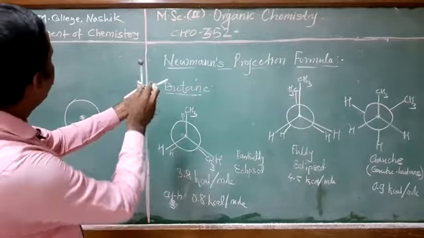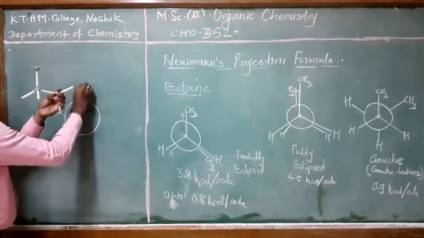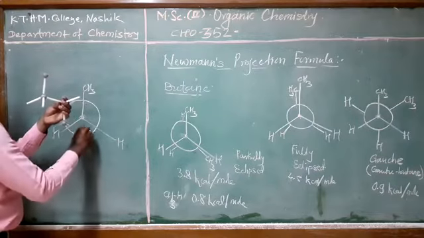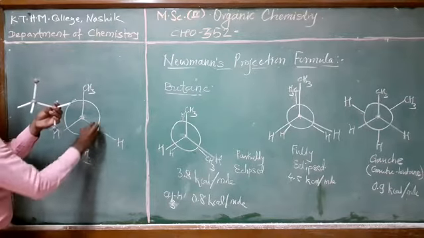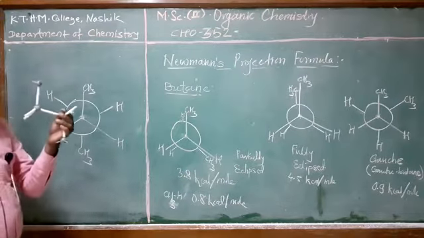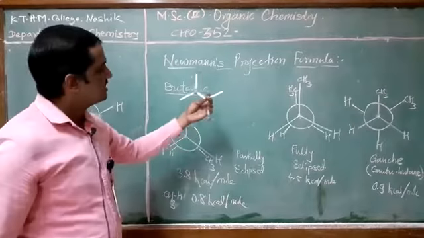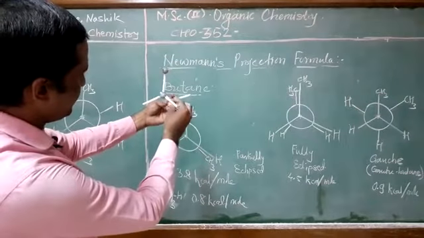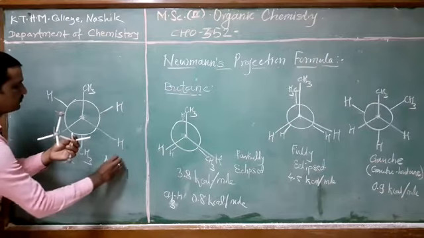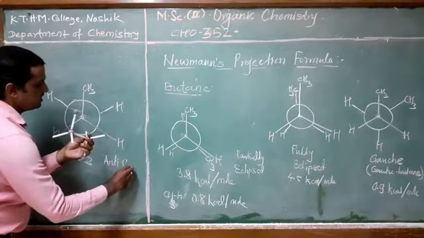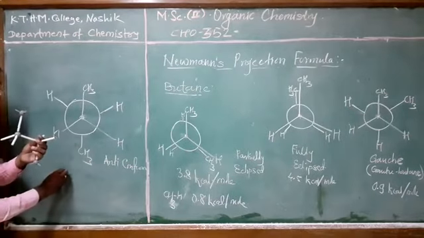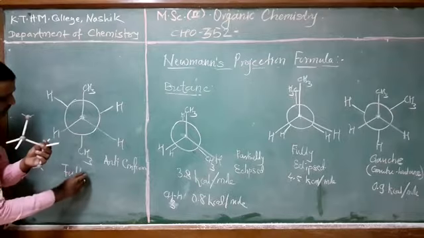The front carbon having these substituents is as it is, but the substituents of the backside carbon atom get changed, and this conformation is called an anti-conformation, or it is also called a fully staggered